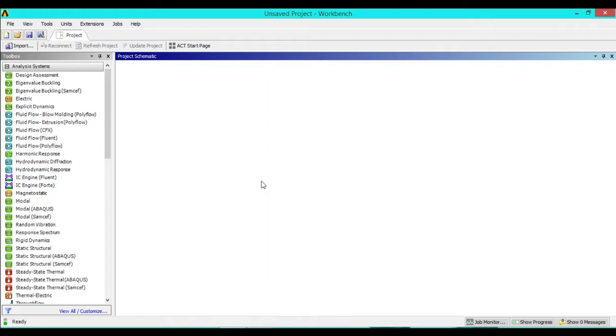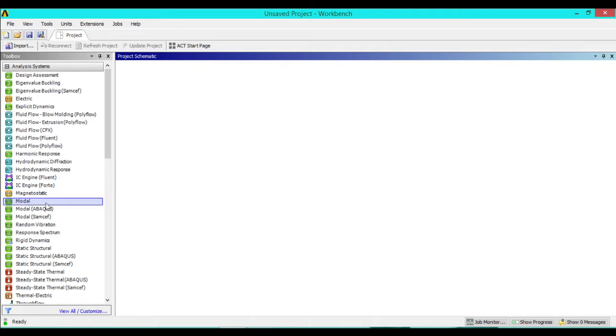Let's say you have designed a part and you want to perform the modal analysis because some forces are going to act on it in real time conditions, so it has a tendency to vibrate at its natural frequency. A part has unlimited natural frequencies and unlimited mode shapes, and that's what we are going to study today. Whenever an object vibrates at its natural frequency, there is going to be a mode shape. So it has unlimited mode shapes. Today we will do the modal analysis of that thing only, so that we can reduce the vibrations.